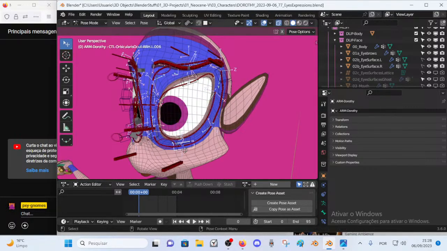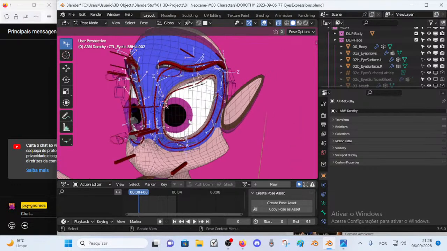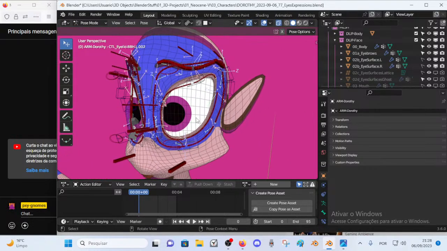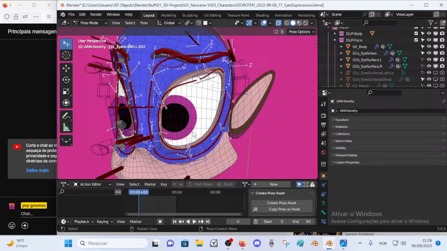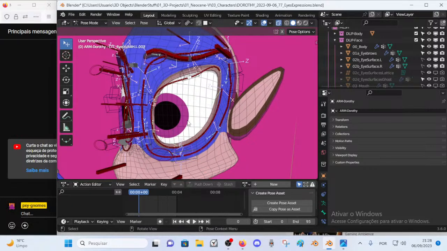So it's all bendy bones, could be done with spline IK bone constraint. Apparently there is also a method without bendy bones and without spline IK bone constraint, so without spline skinning.